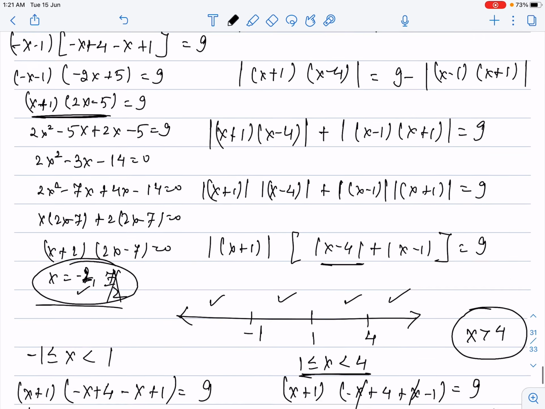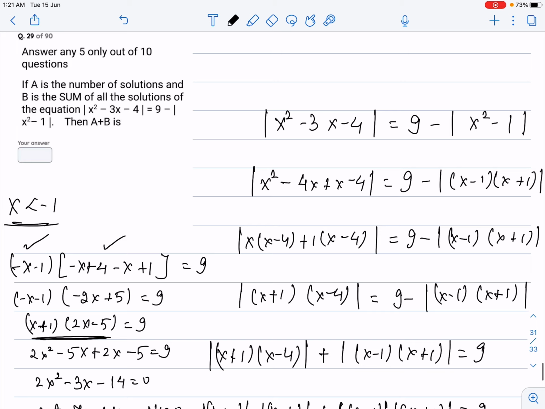So guys, the sum of solution and number of solution will be becoming what? Sum of solution is b value, okay? So that will be 0. b is equal to 0. And number of solution is what? 2. Sum of solution plus number of solution will become what? 2. So 2 is the right answer for